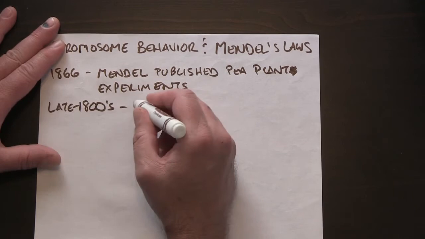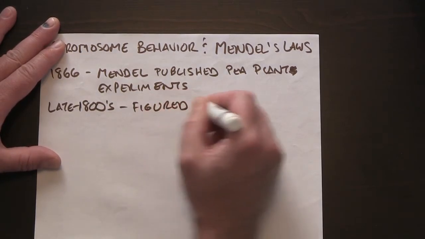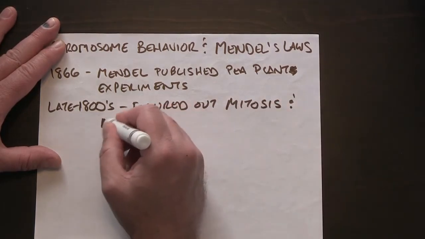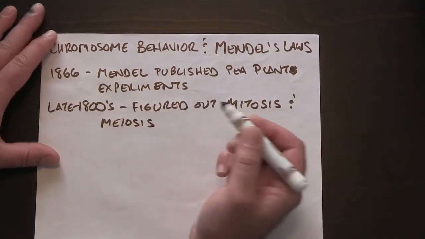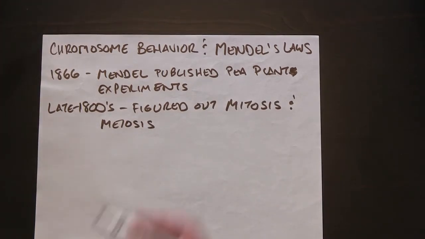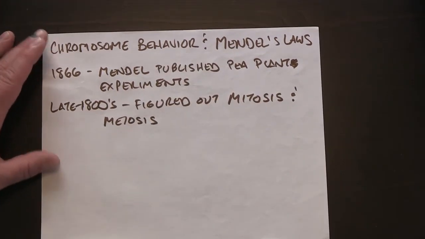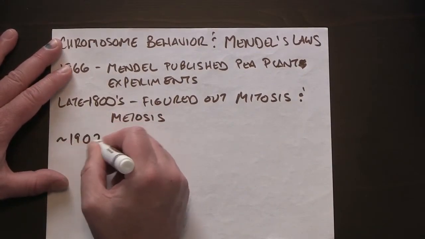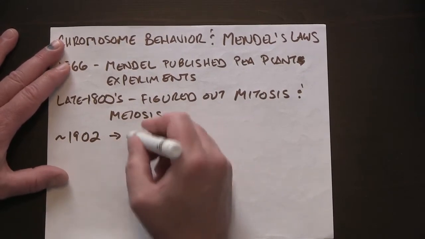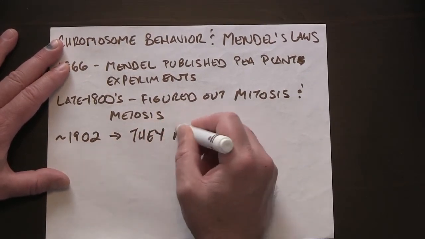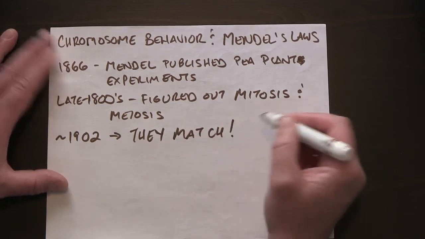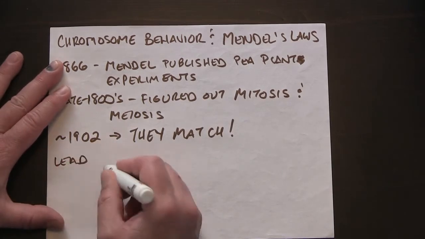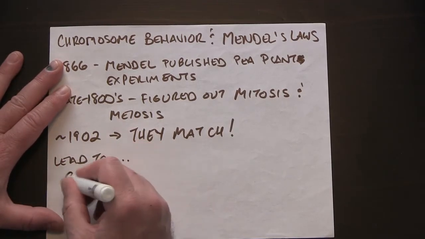other scientists figured out mitosis and meiosis. Of course, at the time, they didn't realize that these two things were related to one another until a handful of years later in, say, around 1902. Someone finally realized, oh my gosh, these match. These two things. And so this led to what's known as the chromosome